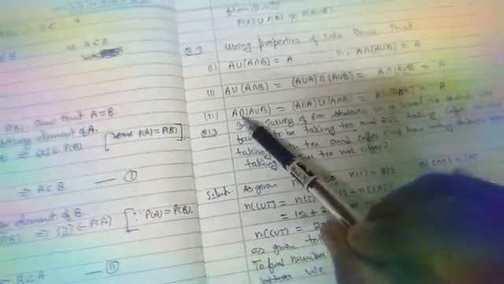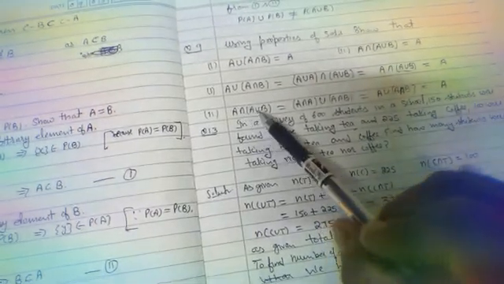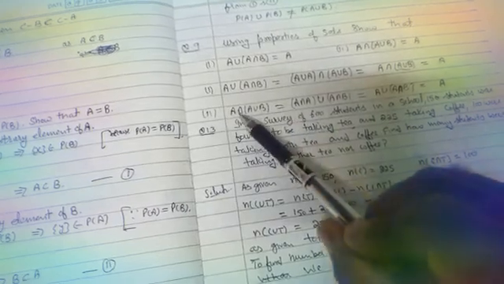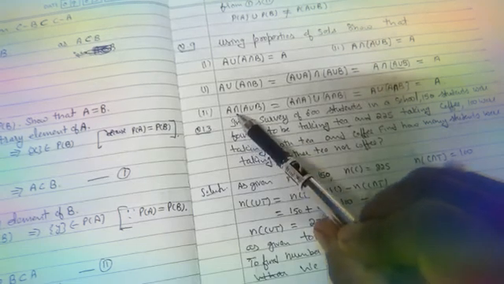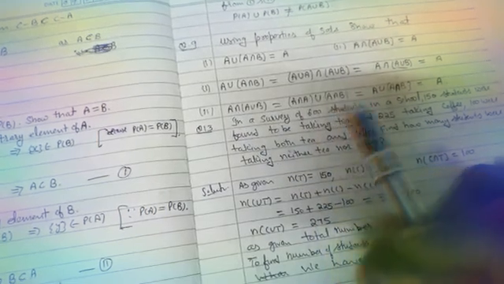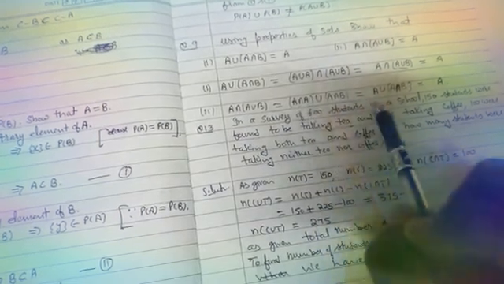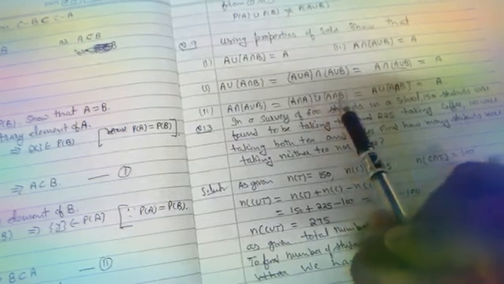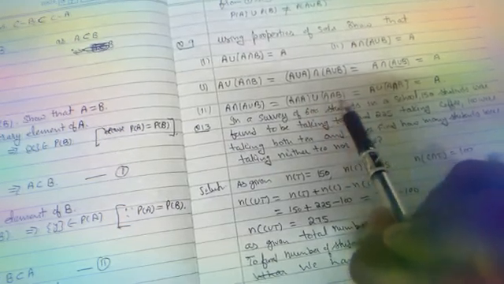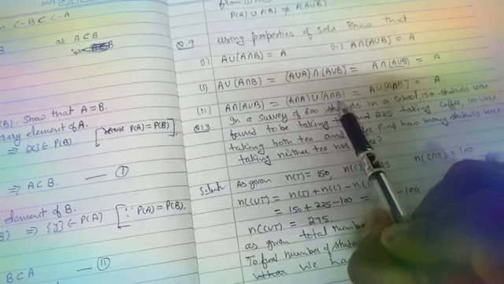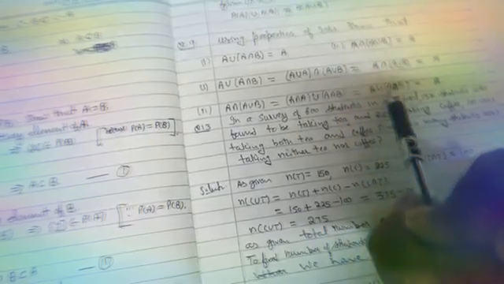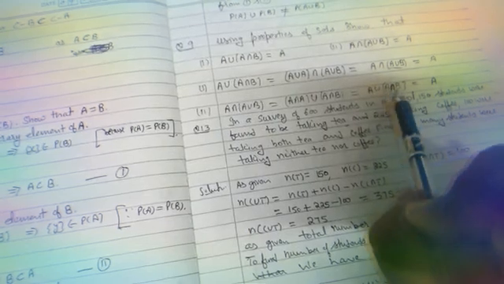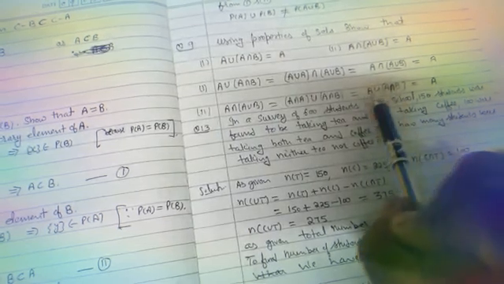In the second, A intersection (A union B) is equal to (A intersection A) union (A intersection B), because of the distributive property. So again, A intersection A is A, union A intersection B. A intersection B means all those elements common to A and B. So the elements of A and B common, so here A union